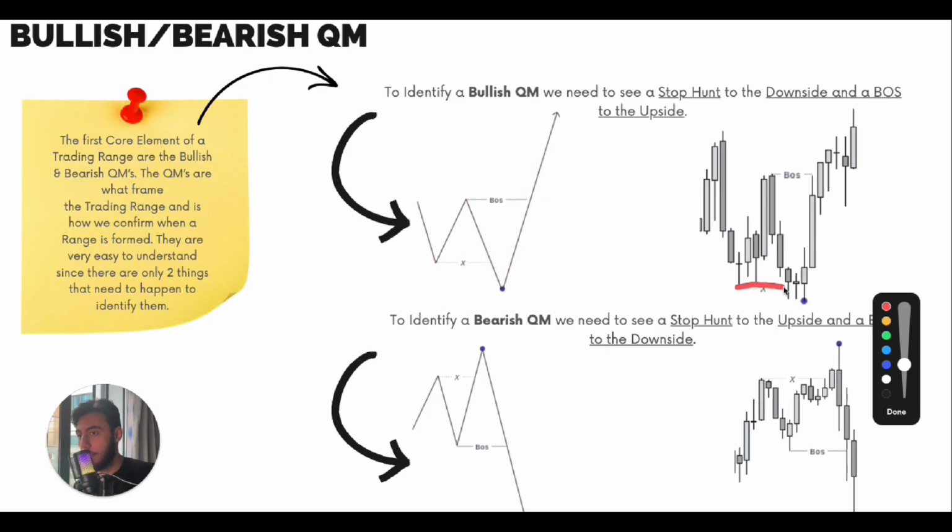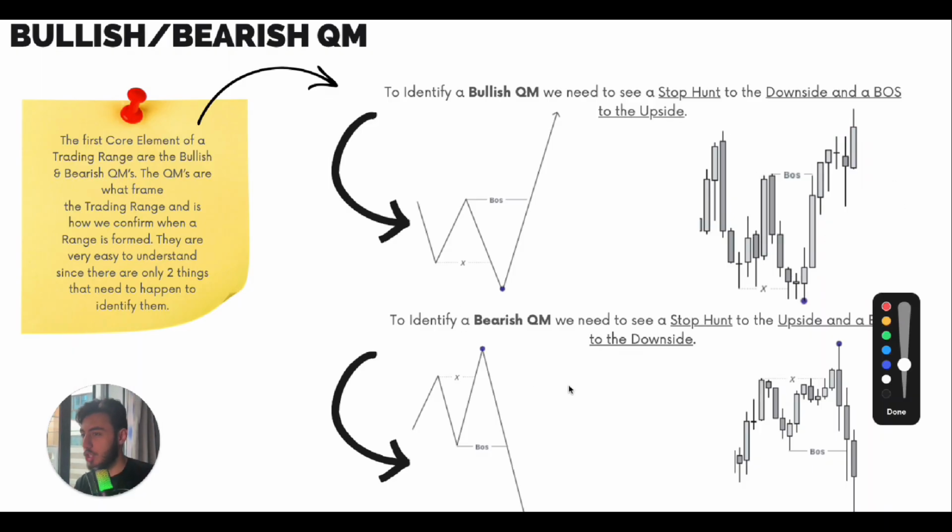See, the stop hunt happens and the break of market structure happens, or you can take this break of market structure. It's the same thing, to be honest. Don't start to dive into the details. You can take either, but it's better to take this one, because this high formed this low. It's going to make that break of market structure more valid, because now you have two minor breaks of market structure, but it's the same thing.